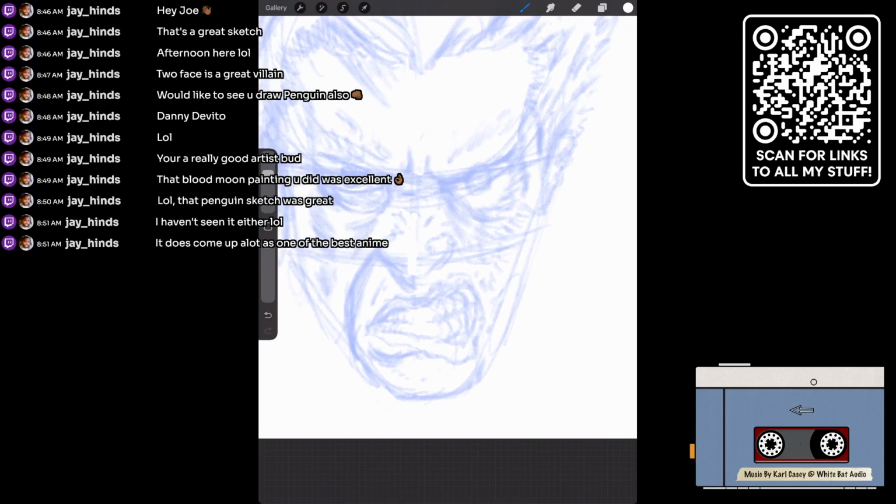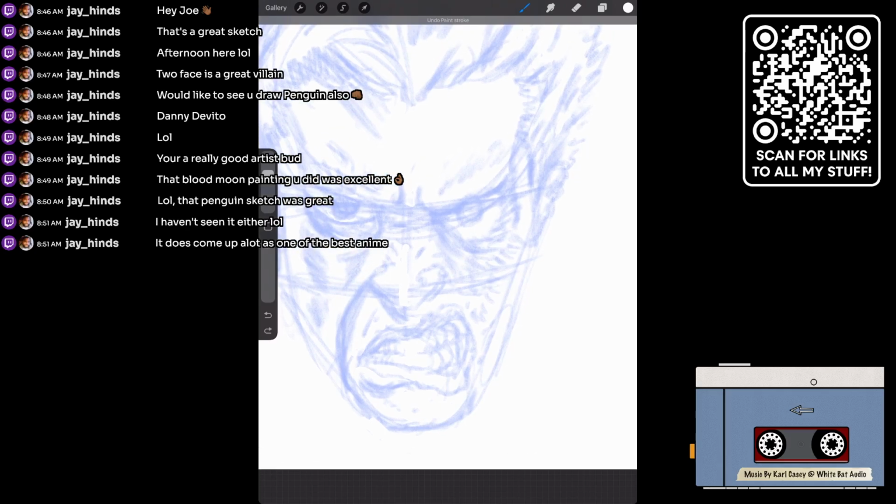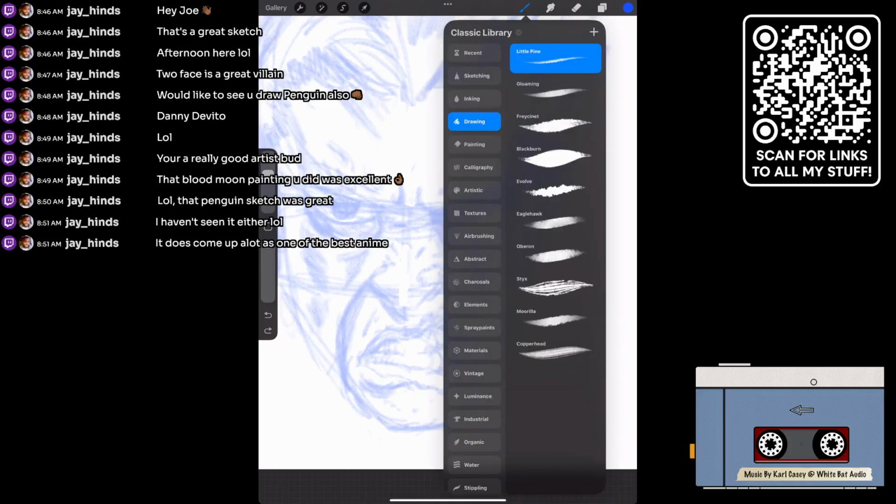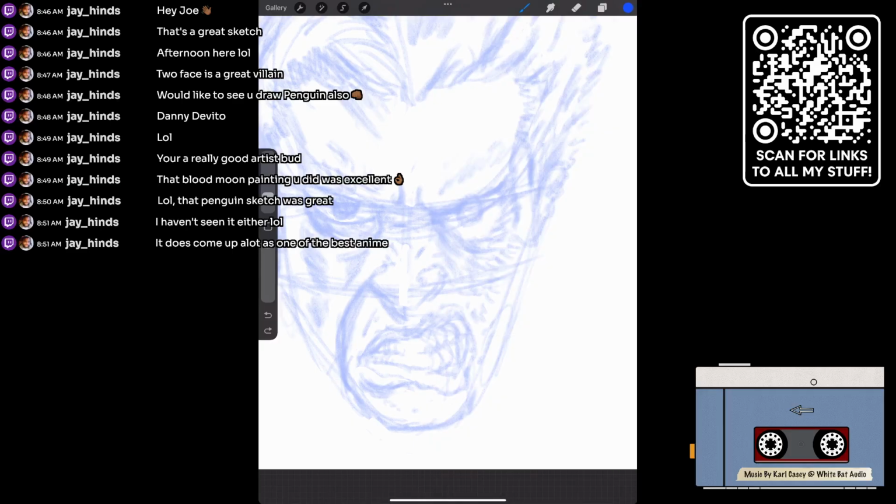All right, so certain parts of this I want to do with symmetry, like the nose. Oh, I'm in white. I don't need to be in white. I need to be in what I call non-repro blue. Okay, and let's switch to the regular pencil. And what I will do is thicken this pencil up quite a bit. A little more. 25, maybe? Yeah, 25 is good. Okay.